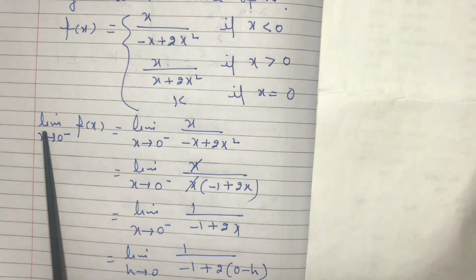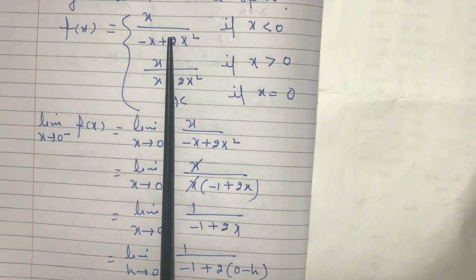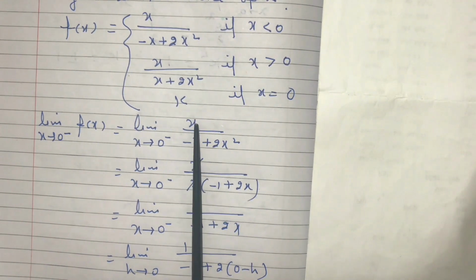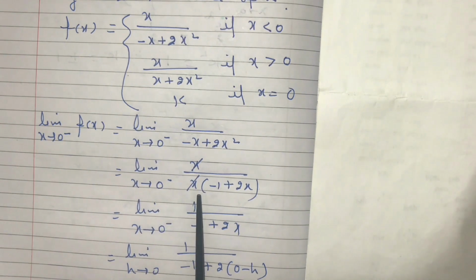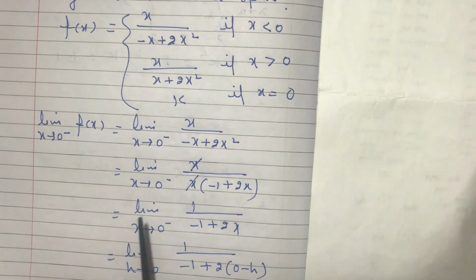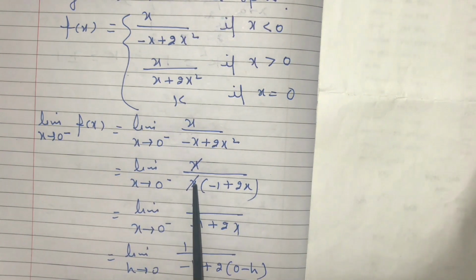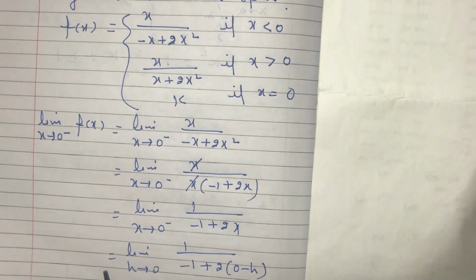So left hand limit f(x) as x tends to 0 minus. So when x is less than 0 we will write this function. So we have written this function. So this is equal to limit x tends to 0 minus x upon, take x common, I'll have minus 1 plus 2x in the bracket. This is equal to limit x tends to 0 minus, x से x cancel हो गया, I'll have 1 upon minus 1 plus 2x. And this is equal to,